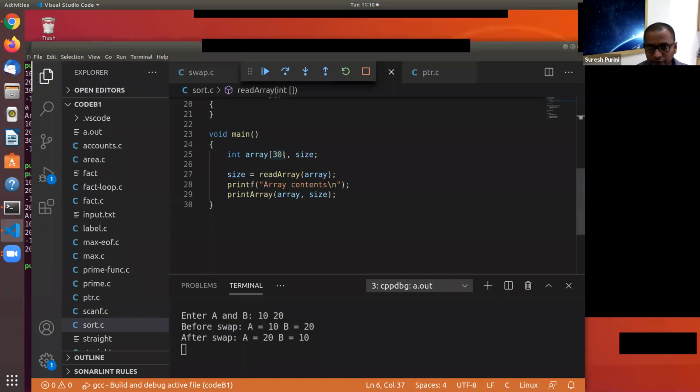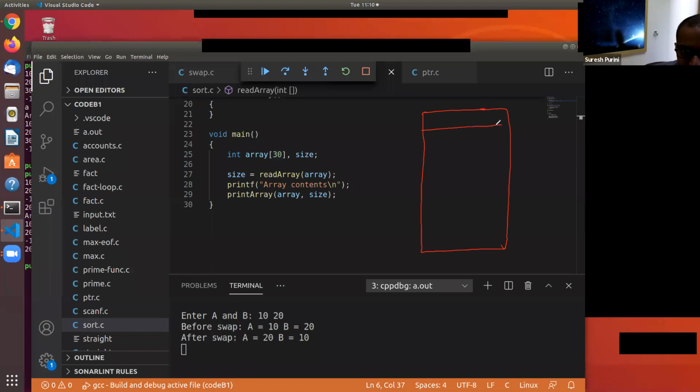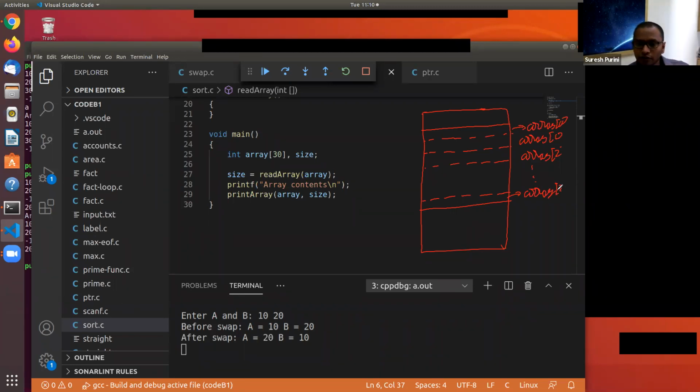If you look at the memory diagram for the array, if this is your RAM, this is the 0th element of the array, array of 0, and this is array of 1, array of 2, and so on, up to array of 29.